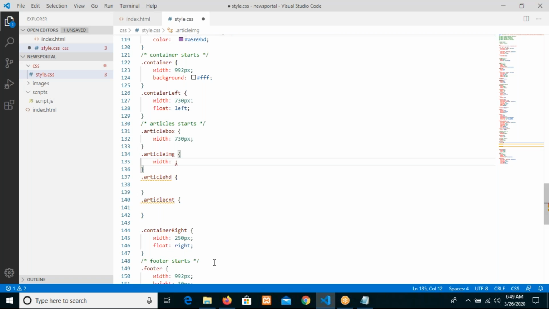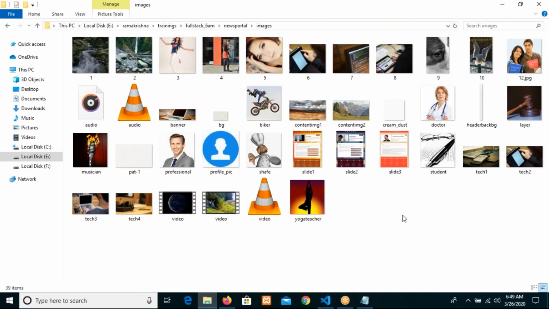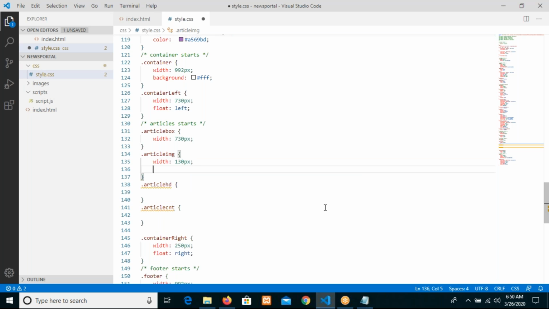Width, for example, let us see some examples. Images here. Okay, 190 by 180, but we don't go with too much of this 190 by 180. Make it approximately, even 150 is also too much. You can make it width, sorry, height. So reduce it to something, make it 50 pixels, and